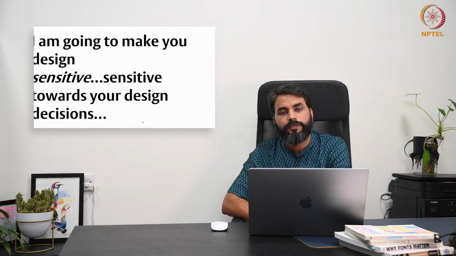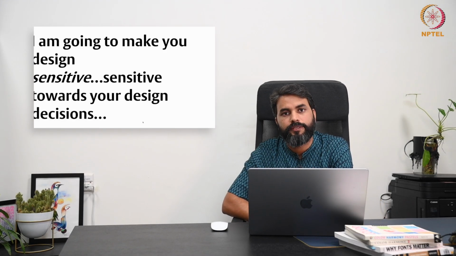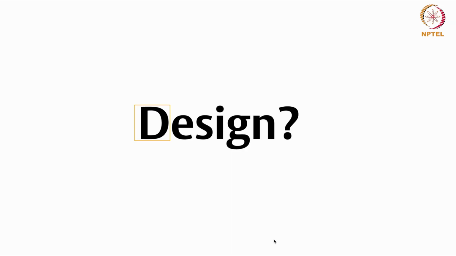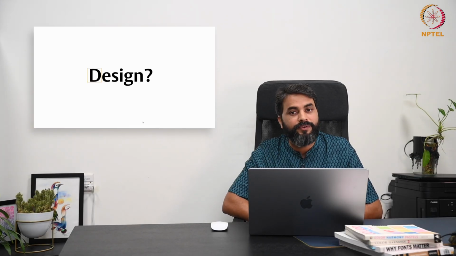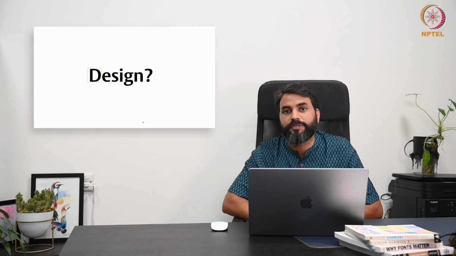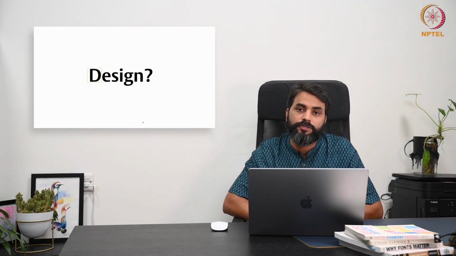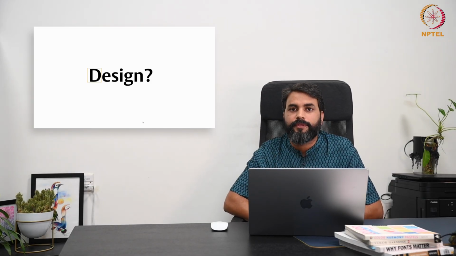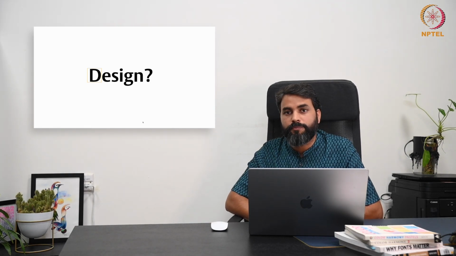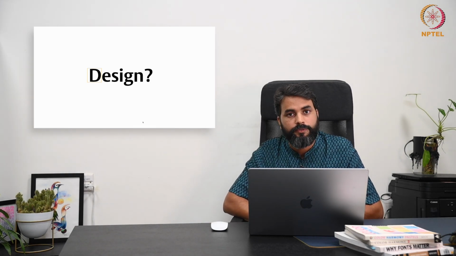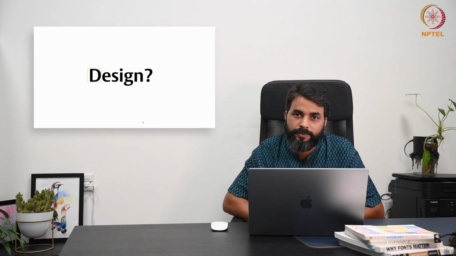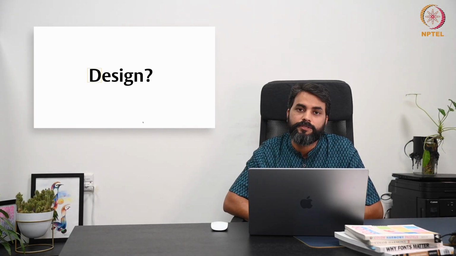All right, so let us move ahead. Now let us first start with understanding or defining design. What is design to you? The concept of design varies from person to person based on individual experience and interaction with the product or services. For example, one of the core concepts of design is problem solving. Do you agree with this?